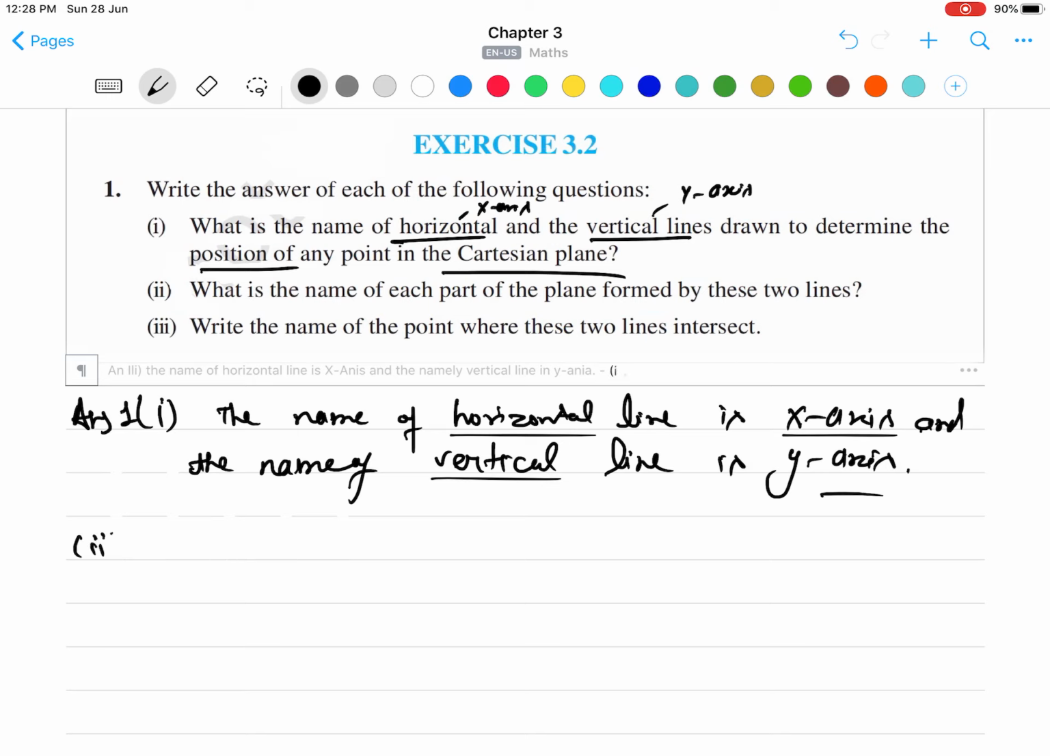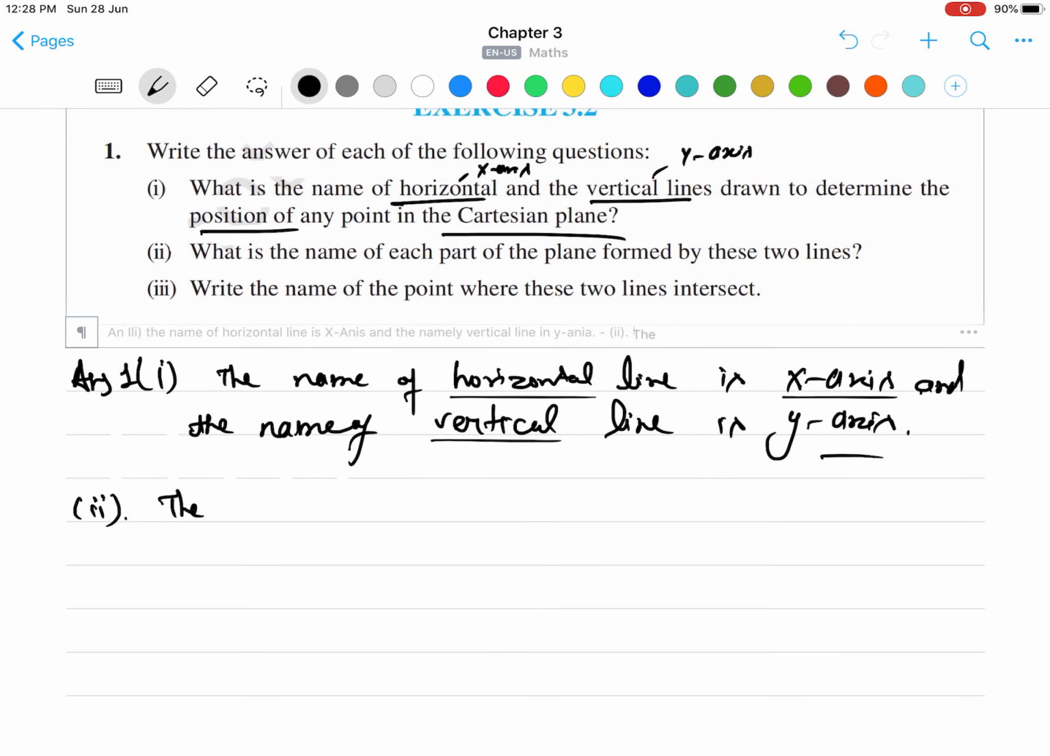Okay, point second, it says what is the name of each part of the plane formed by these two axes or lines. So as I told earlier, these two axes divide the plane into 4 parts and each part is known as a quadrant. Okay, so you are now asked what is the name of each part. Okay, so we'll write